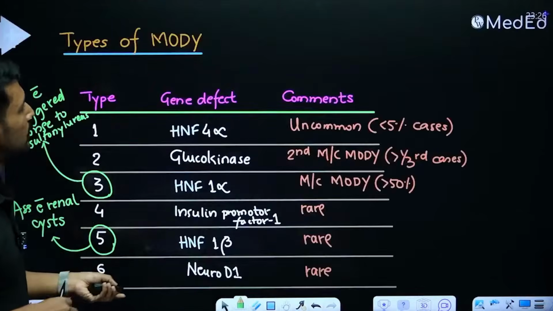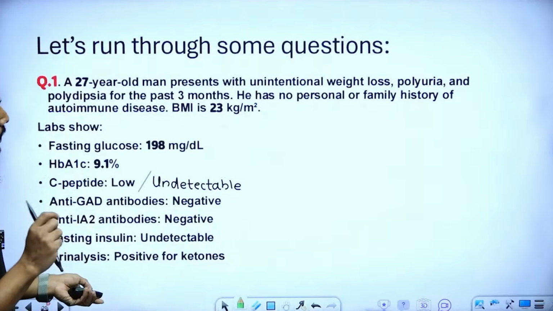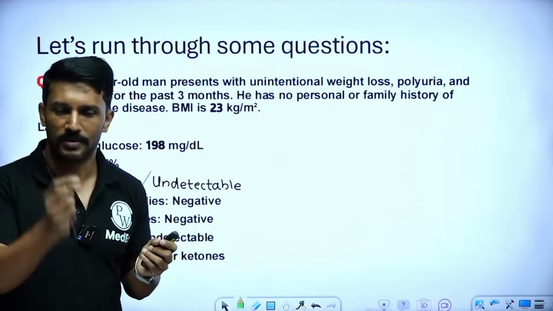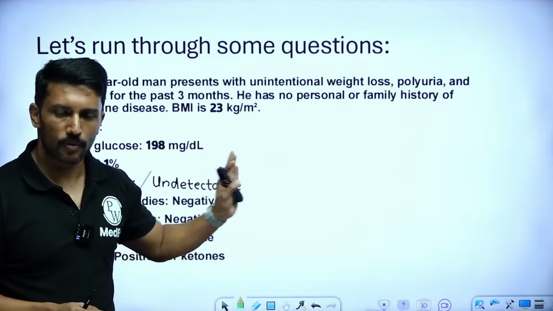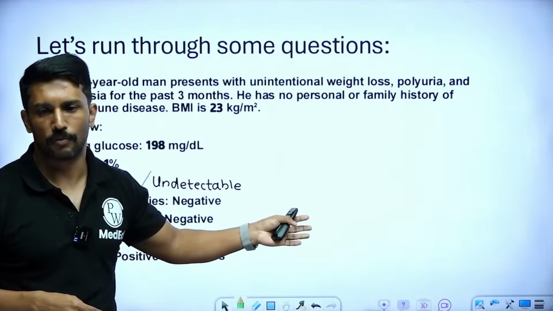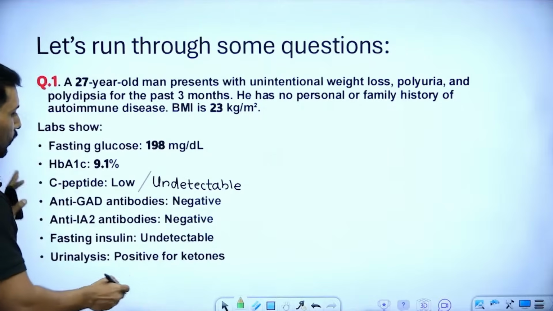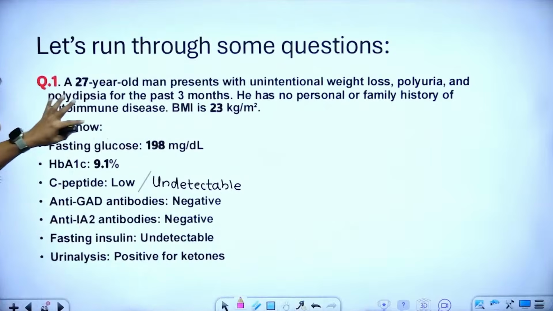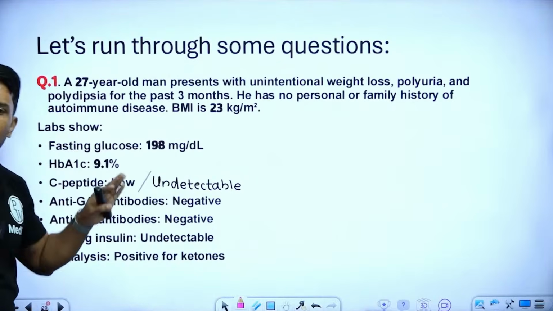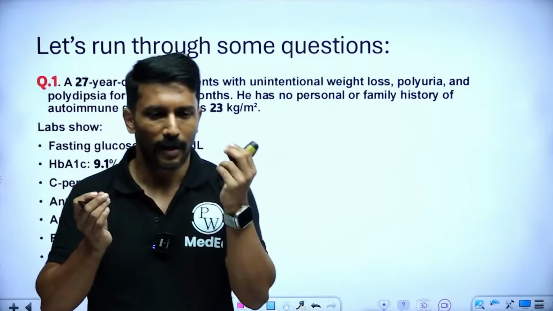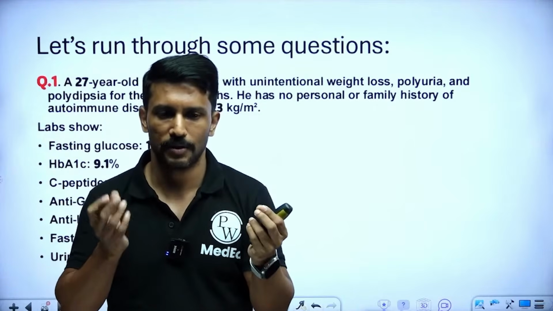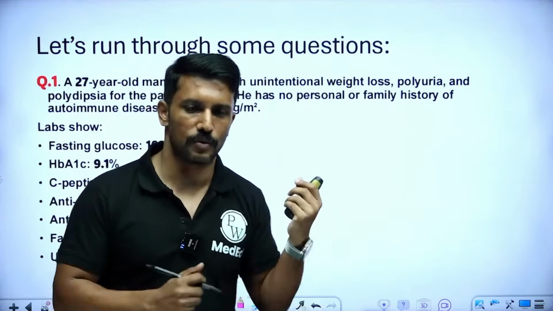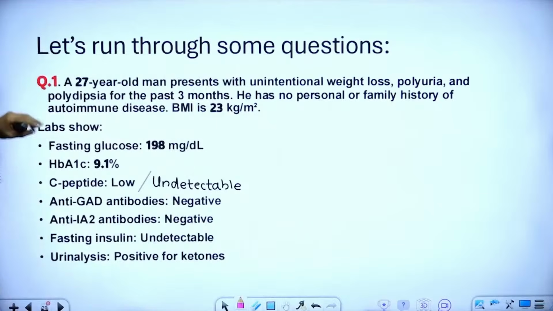So that completes our discussion of the types of diabetes mellitus, mainly type 1 and type 2, how they are different, what is LADA and what is MODY. Now, just to test our understanding, we will go through some questions. Here is one of the questions, and I hope most of you should be able to answer it. All these questions on diagnosis of types of diabetes are going to be based on your understanding of the antibody profile in that particular patient and C-peptide levels. That's the crux, plus the presence or absence of insulin resistance. Now let's run through this question.